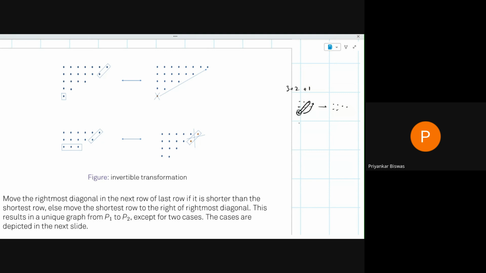We want some more examples. Suppose 7 plus 6 plus 4 plus 2. Okay, so